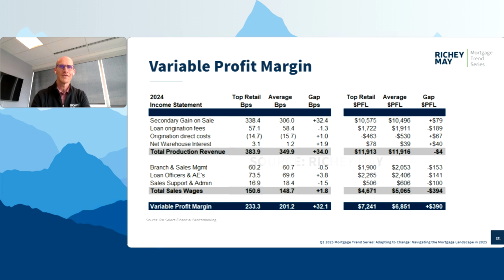And again, that goes back to the geography of where they're originating loans. So as Tyler said, we don't want to necessarily tell you what loans to do, whether to do more or less govies, or where to lend. But maybe I'll say with a wink, originate more loans in places where your people aren't going to get beat up over the rate all the time, and where you can actually get a reasonable margin, because the majority of the difference in performance between the top performers and the rest is in secondary gain on sale. And so they just have better margins. And